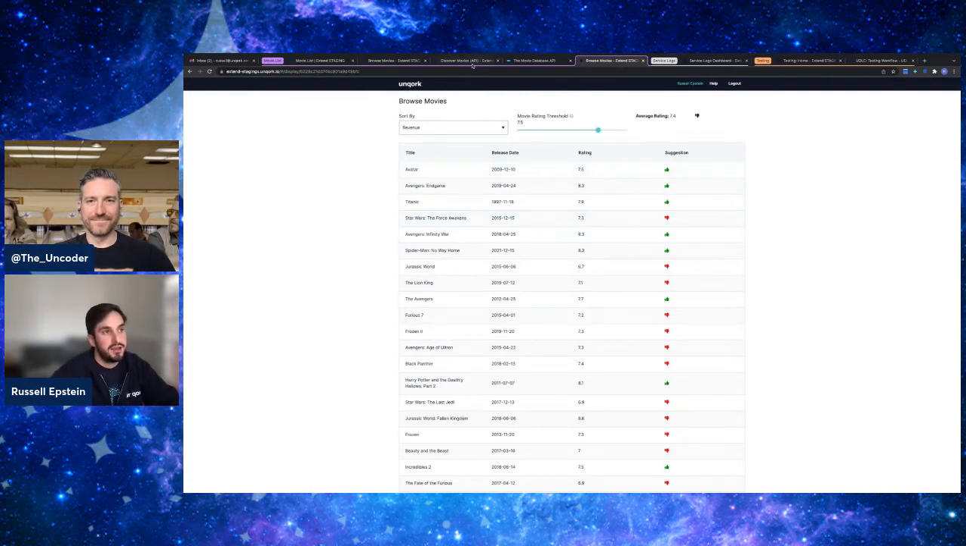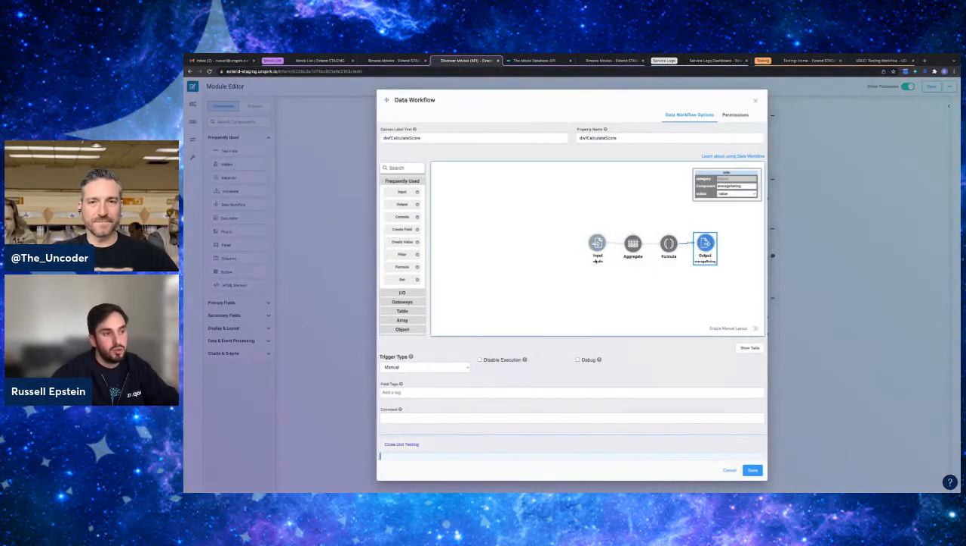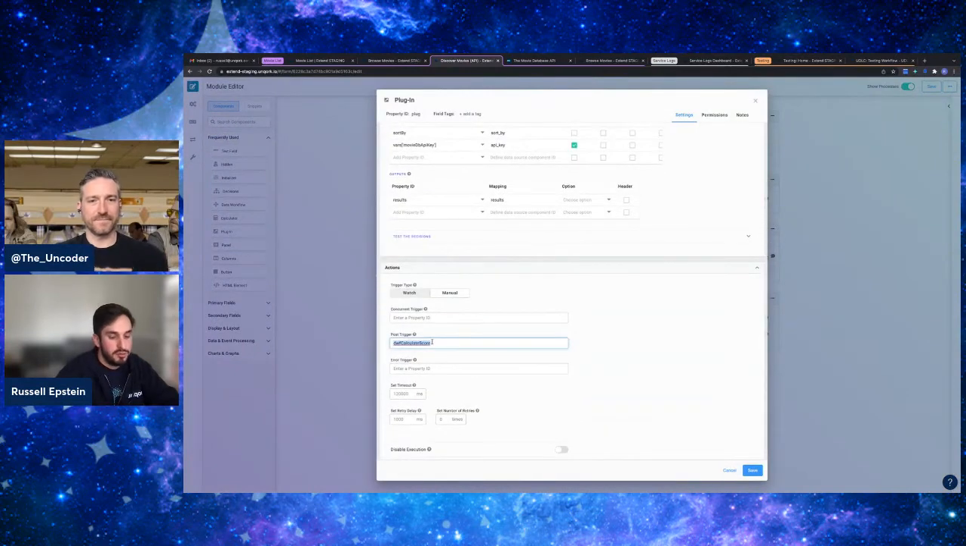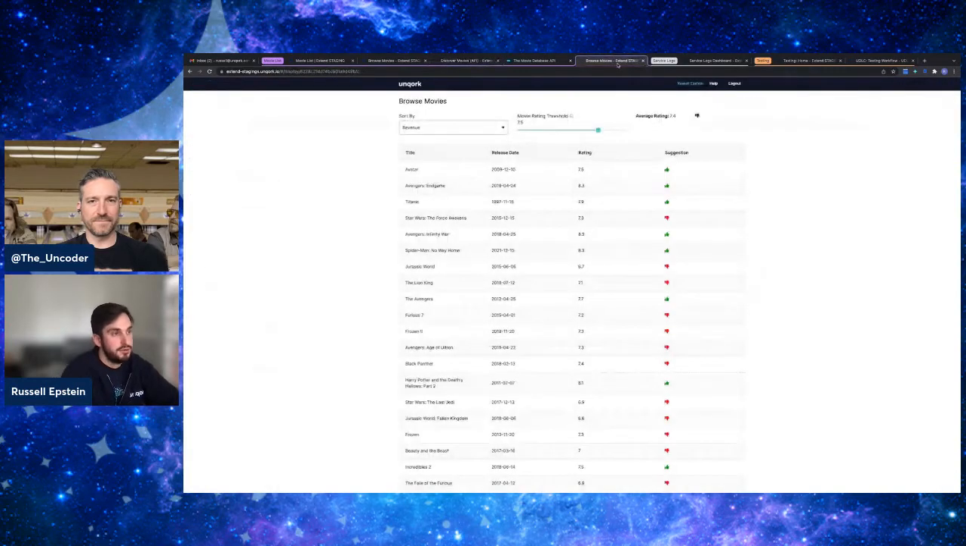I'm going to break it, and then we are going to debug it, and I'll show you how the service logs tool can help you debug it. Just to note, this average rating here, 7.4, is an aggregated mean from all of the movies that get returned here. In this API module, this plugin calls this data workflow, and this data workflow is the one doing the calculation to get that average rating. I'm going to not trigger this data workflow. So if I remove this from the post trigger